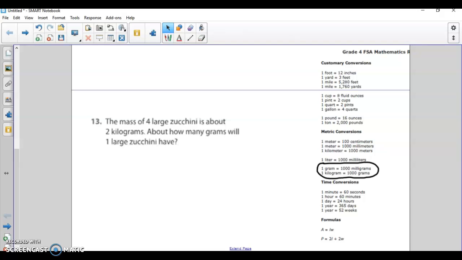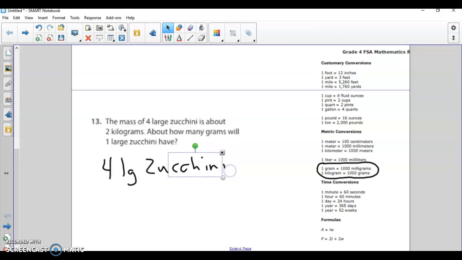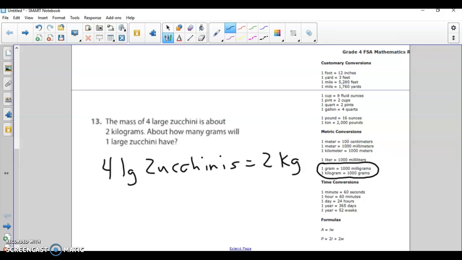So this question says the mass of 4 large zucchinis is about 2 kilograms. About how many grams will 1 large zucchini be? So we have 4 large zucchinis here. Four large zucchinis is equal to 2 kilograms. We've got to figure out how much 1 large zucchini is in kilograms. Well, we got to use what we know. If 4 large zucchinis is 2 kilograms, that means we can use this information to find out how many